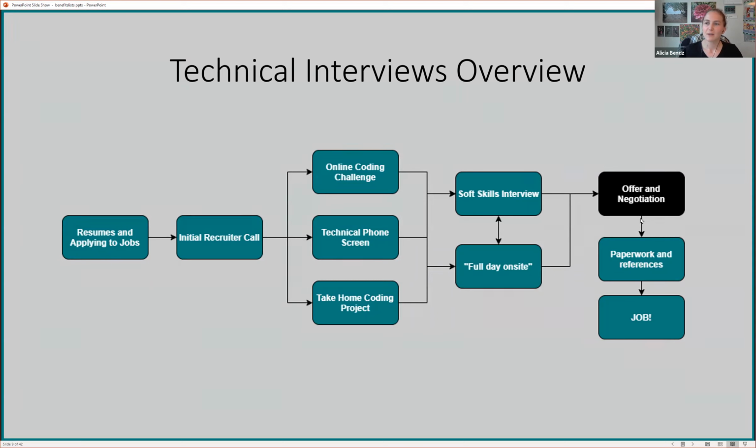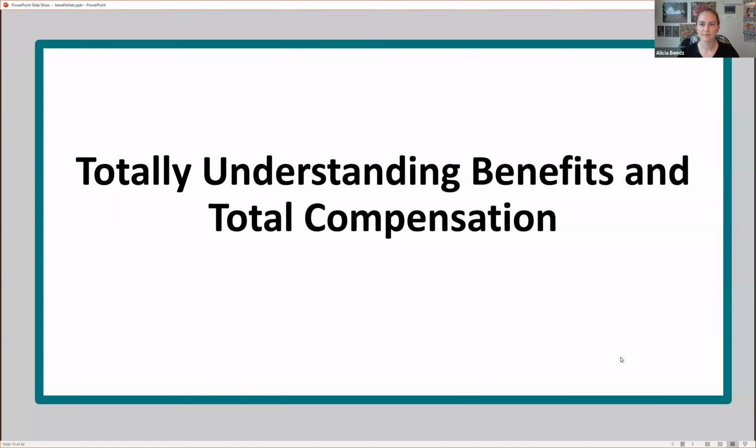So I've highlighted what I'm talking about today. If there's anything in this particular flowchart that you want to see more of, or you want to see sooner rather than later, let me know, and we can get that scheduled in another event. Okay,